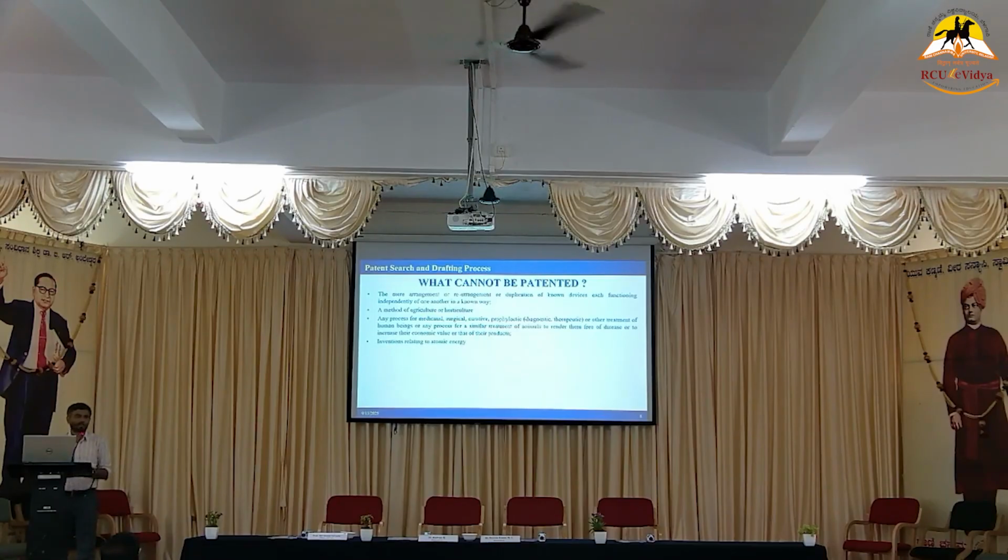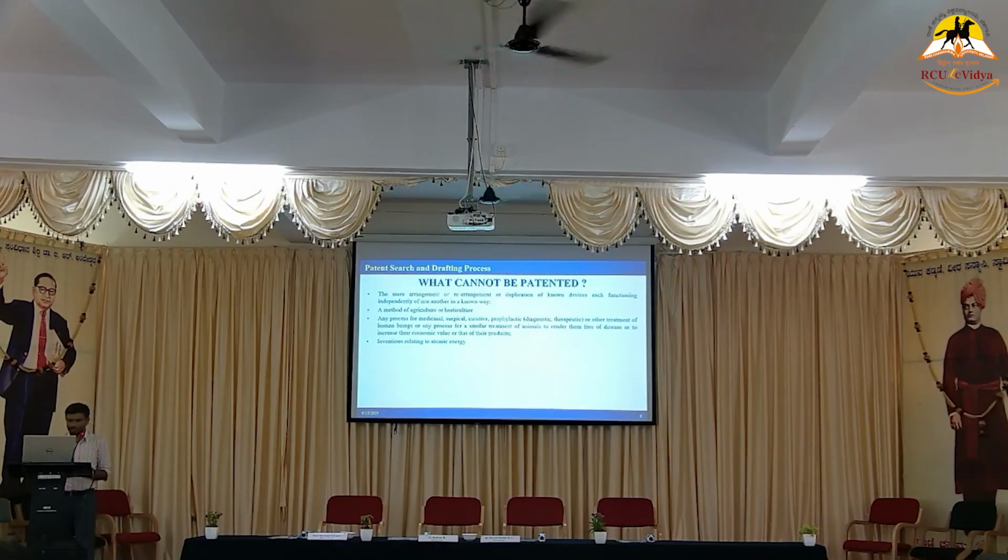Inventions relating to atomic energy. So creating a bomb or anything like that cannot be protected, because it goes to the enemies and they can also redo the same. Why? Because once you patent it, it is available to the public. The public can have a look at how atomic energy is prepared and then they can also recreate it. So such things, even in industry, which are very confidential, we don't protect under the patent law. We do it only internally, because once it is known to the public, anyone can duplicate it. So even in industry and in government, DRDO and ISRO won't protect such things under the patent.